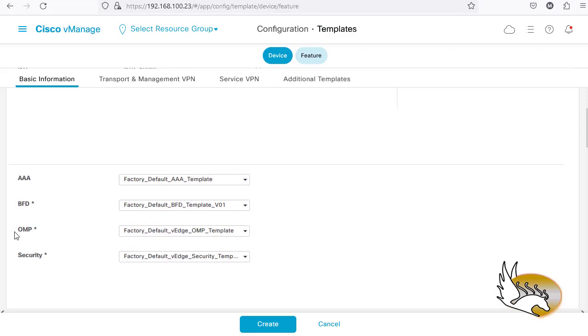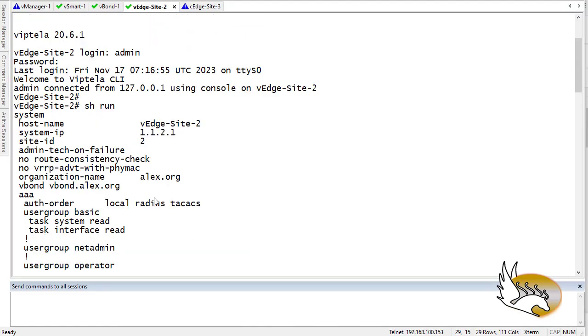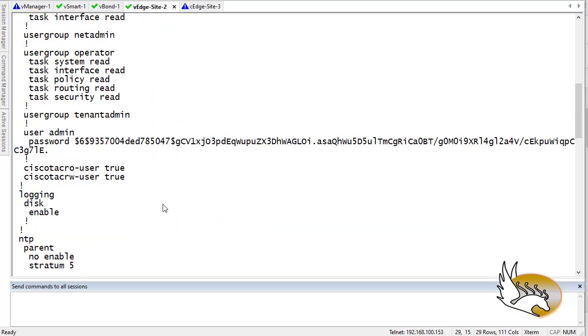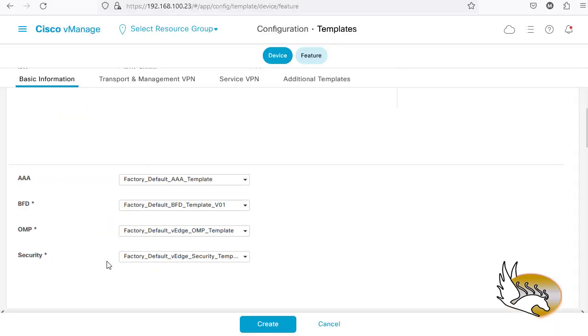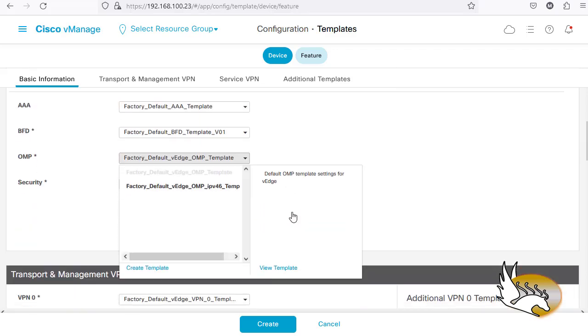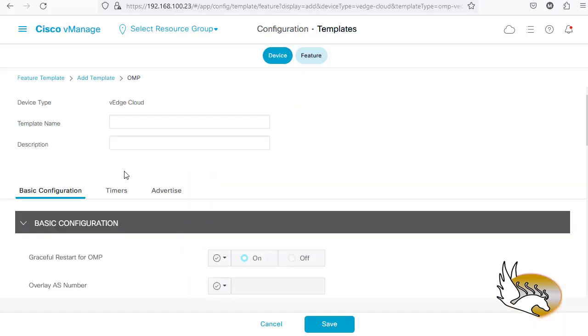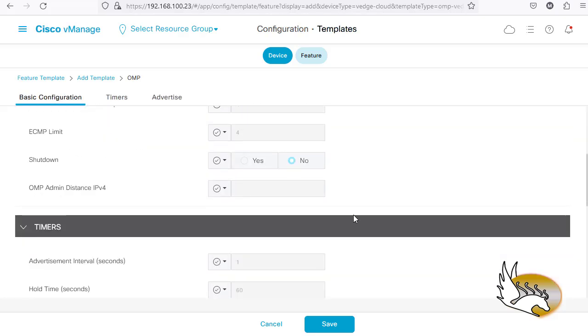So we have OMP. Do I have any specific configuration under OMP? If I just check this, under OMP, everything is the default configuration. So I'm not going to need any specific configuration. But if I need it, I could just go to here, and instead of the factory default configuration, I could create my own configuration. So I'm going to go to create template, and here you can see that under the